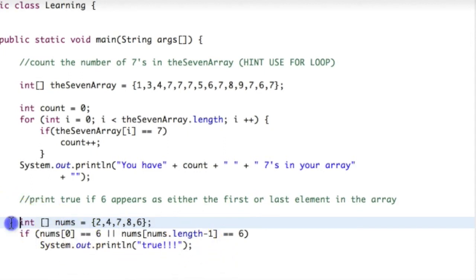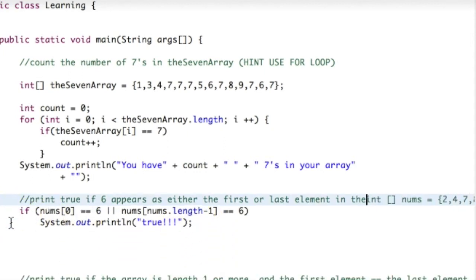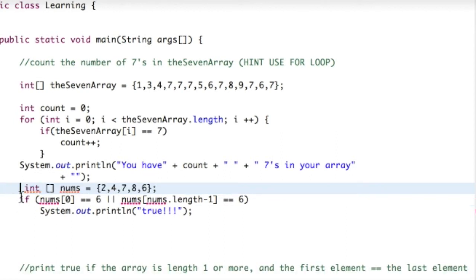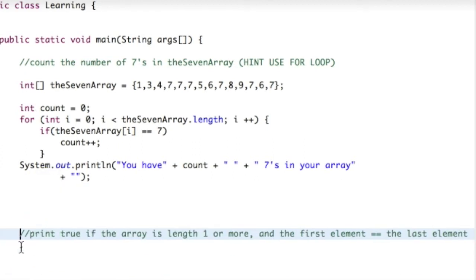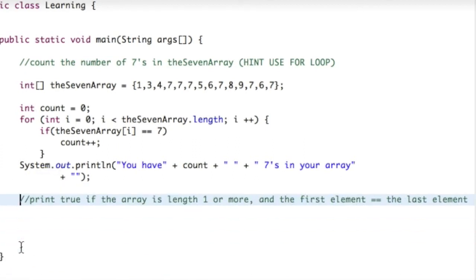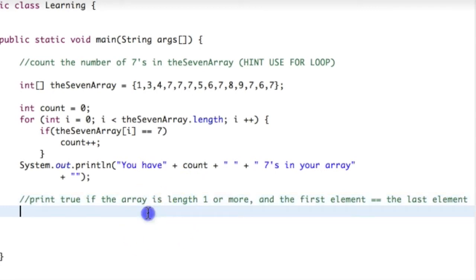And then we can go ahead and slide these all up. Delete this. And this next question says print true if the array is length 1 or more and the first element equals the last element. So we can actually use just the 7 array, and we can just say